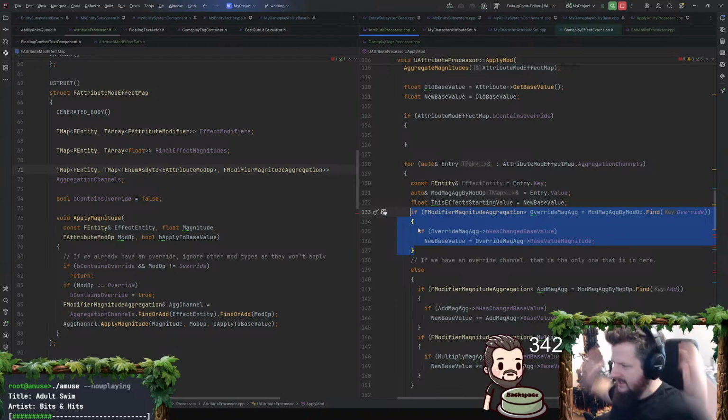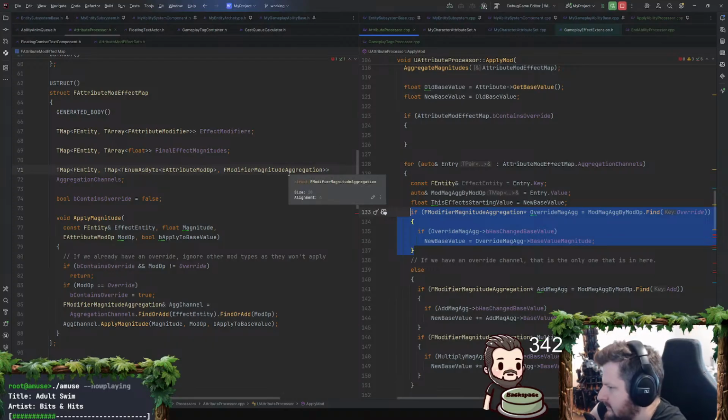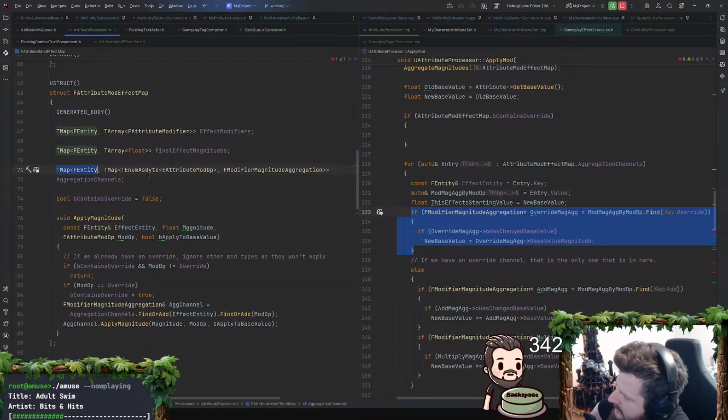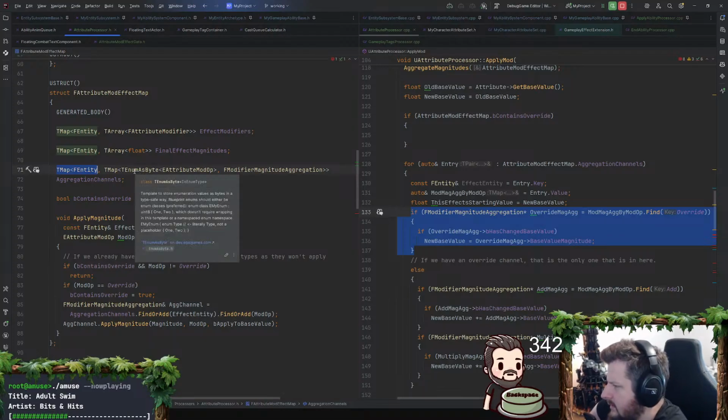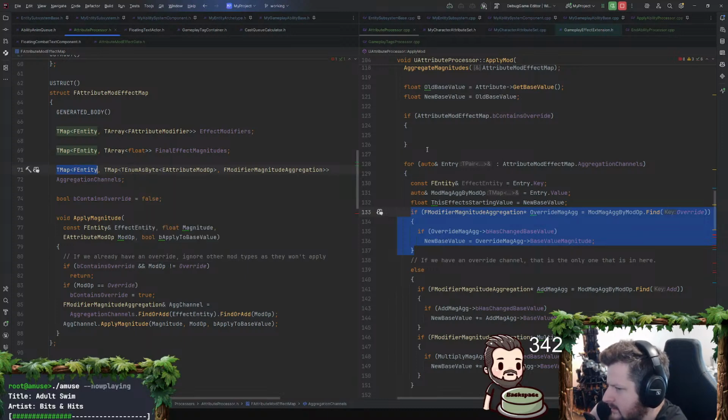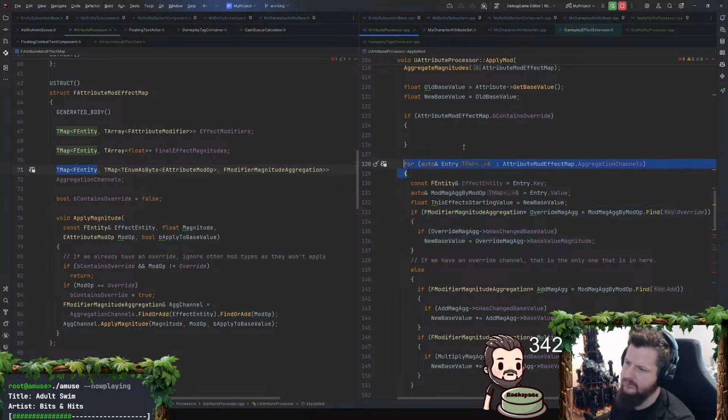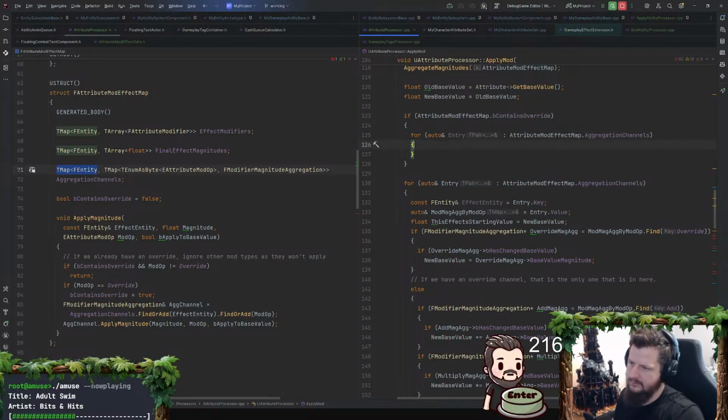I have to find it. I almost want to flip this map around here. Because now I would have to iterate over all of the entries here to find the overrides. I guess there should only be one in there at that point.